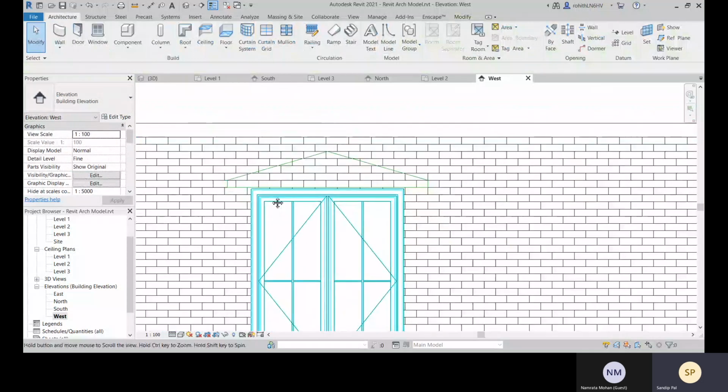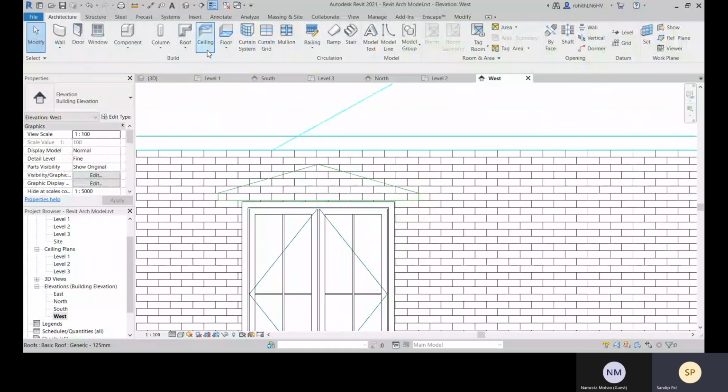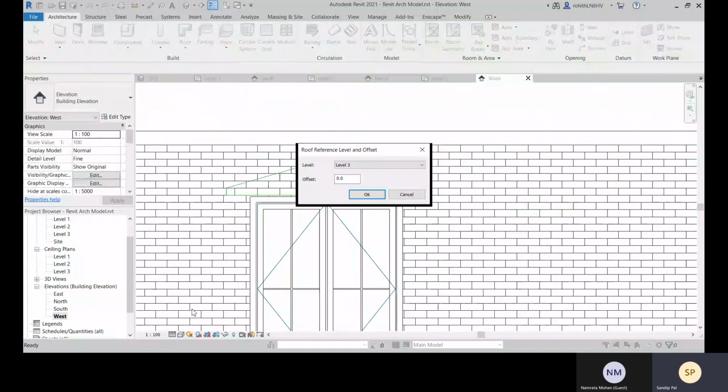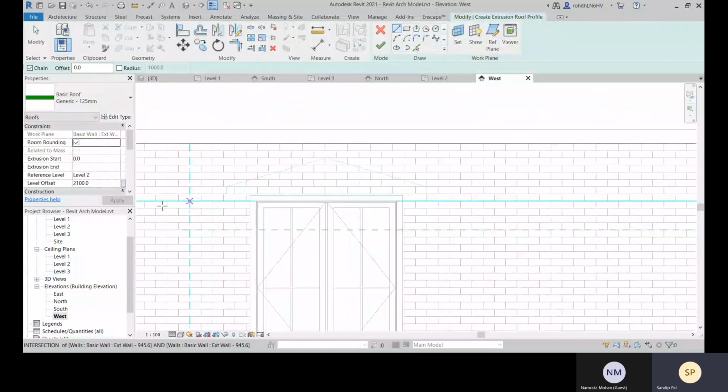Delete. Okay, now let's create roof by extrusion. It will be on level 2, and you can define the offset value. Let's do 100. Click on OK, and let's create the profile.